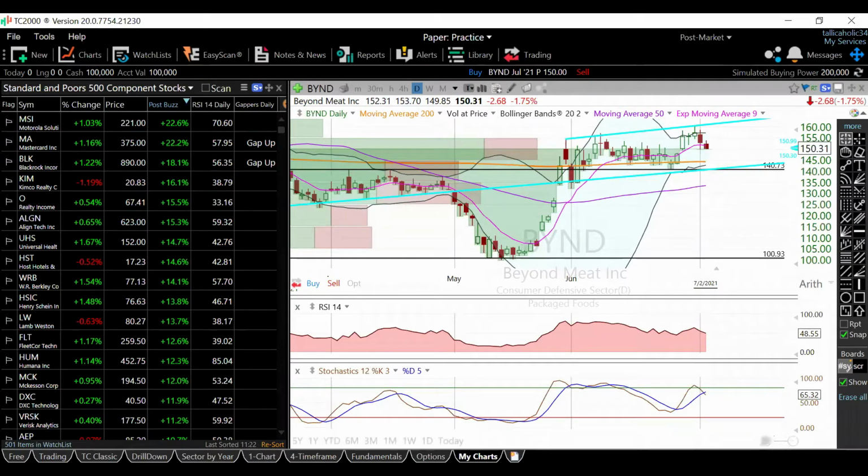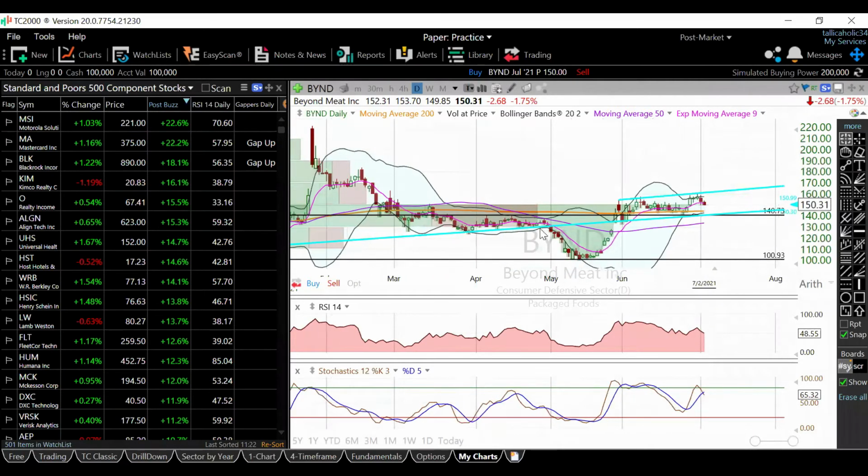Now, we're currently trading at 150 here on the daily chart, and you can see for the whole month of May, just this huge little dip right here. So just a nice little cup, here's your handle. So we're going to be working our way up higher eventually, it seems like, because this did not hold that long, that $100 range. You can see we had a nice bounce off of there.